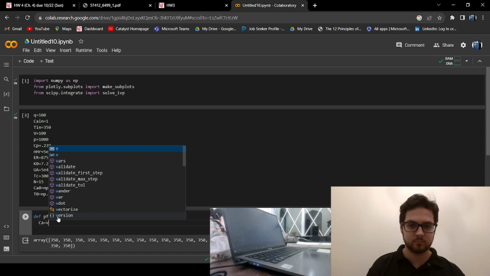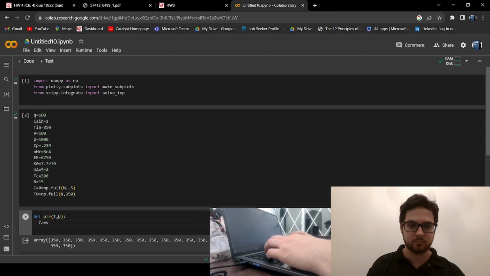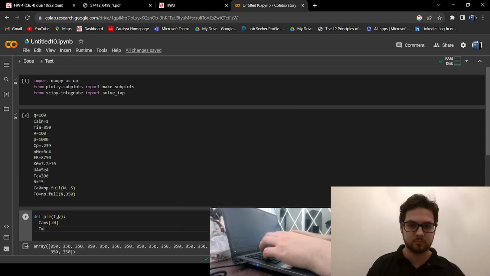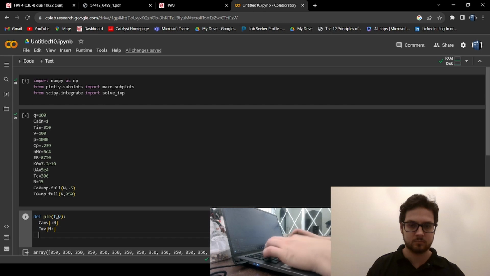One part's going to be temperature, one part's going to be concentration. So we've got V, and it's going to be this colon and N, which means it's going to be that part. And then T is going to be equal to V, but with the other part. So with that, we've set up 2 halves of a vector, and now we can have our